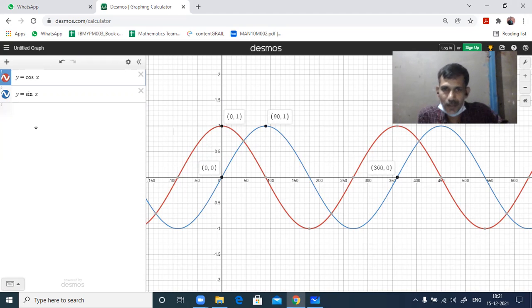Okay, and also see this curve. It covers the entire x-axis, so the domain will be real numbers, and it covers the y-axis between -1 to 1. So the range is -1 to 1. And the principal domain, see, from 0 up to where? Up to 180 degrees. 1 to -1 is covered. So in the principal domain, the curve is a decreasing function. Okay, this and all we'll write there.